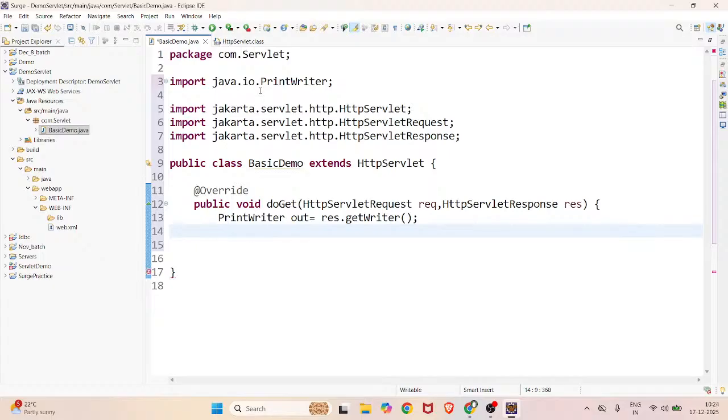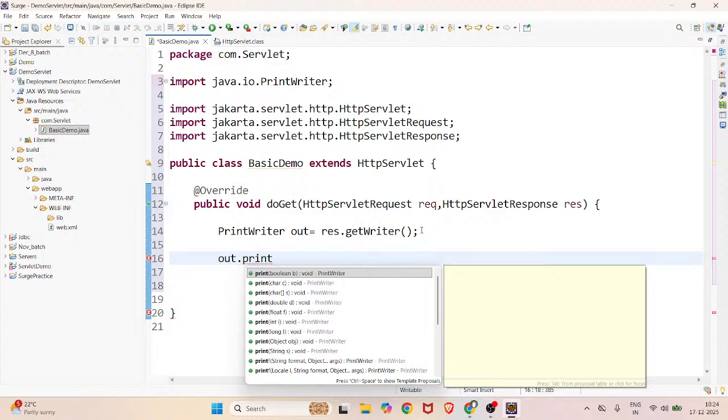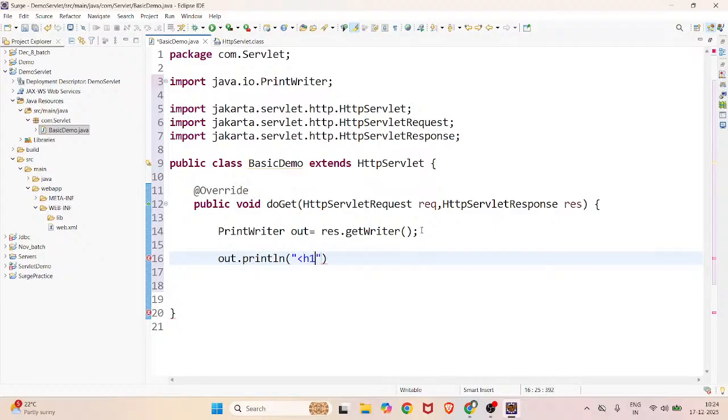Right, java.io.PrintWriter. Why? Because these are the IO interfaces, input output interfaces. PrintWriter out = res.getResponse. For that out you can write out.println or the print of the same thing, out.println of, suppose I can go with the h, one of hello servlet,